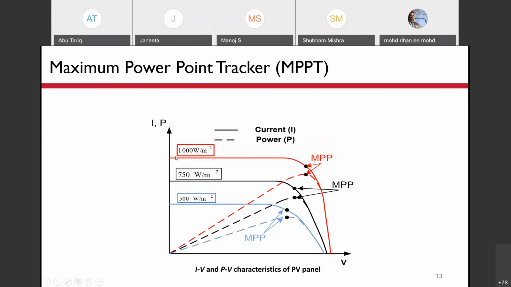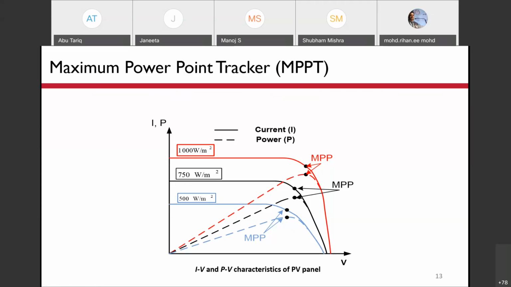Looking at various points of this characteristic, at the point where voltage is zero, current is there. This point is called the short circuit point. This current is the maximum current that the PV module can deliver. And when the current is zero, the voltage is equal to the open circuit voltage.